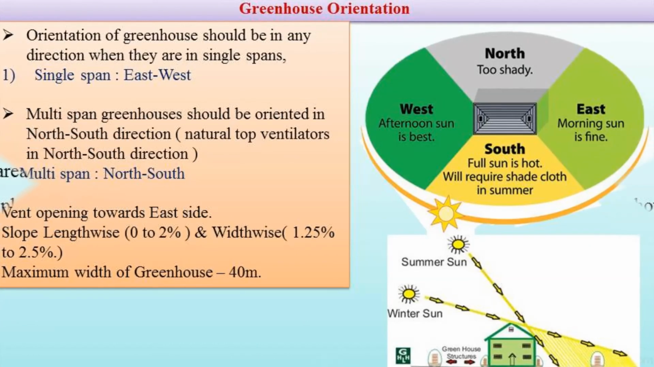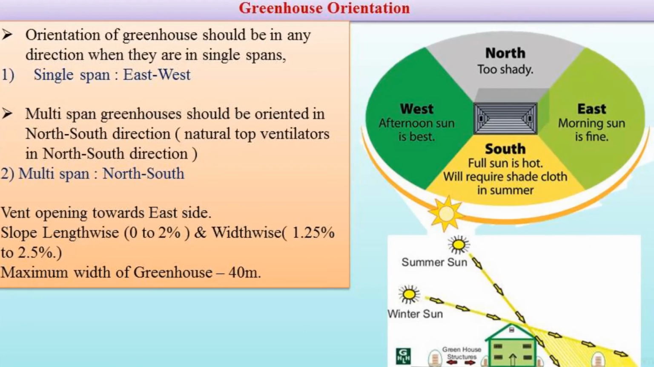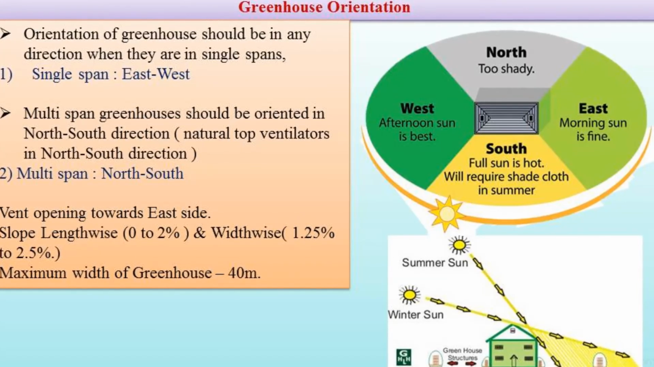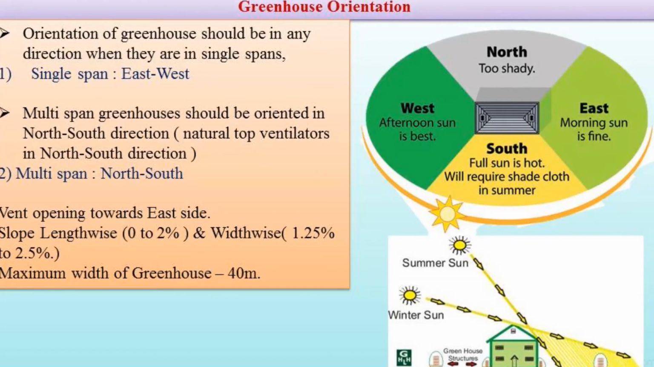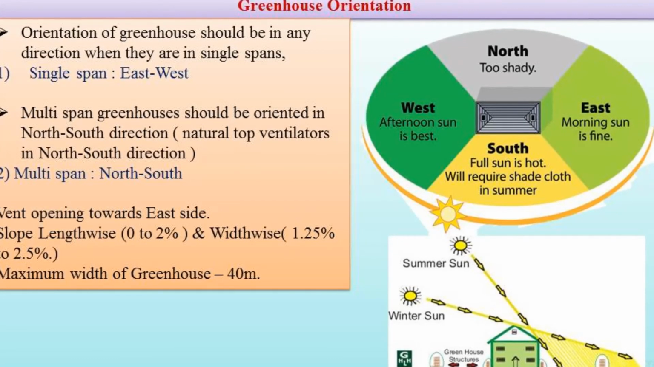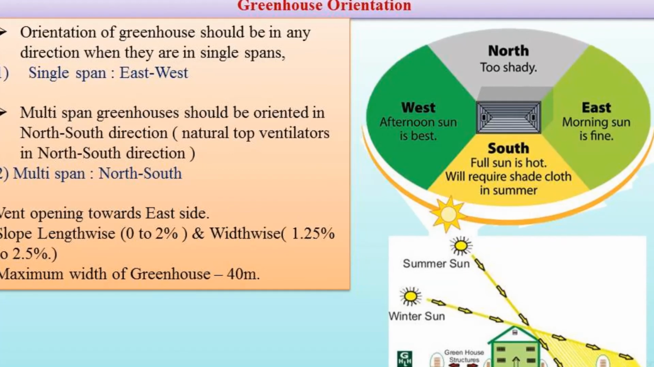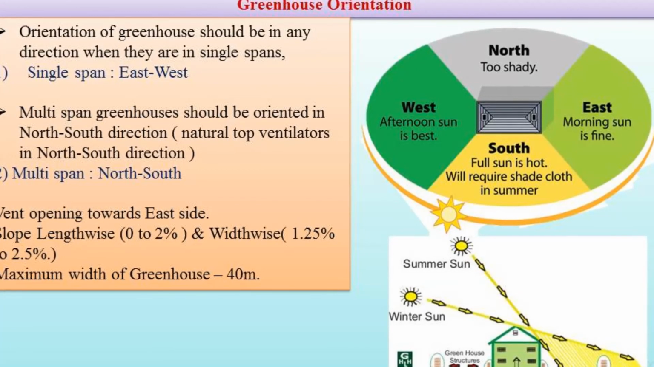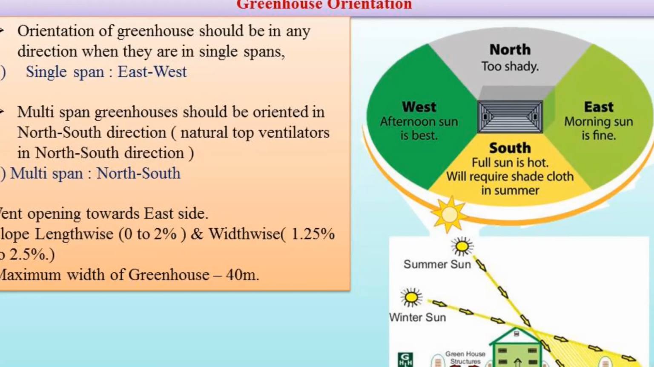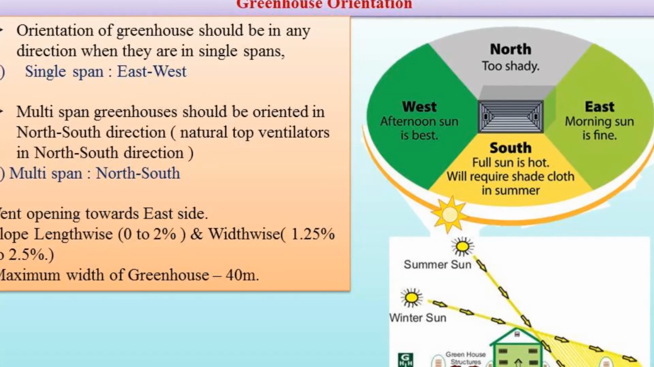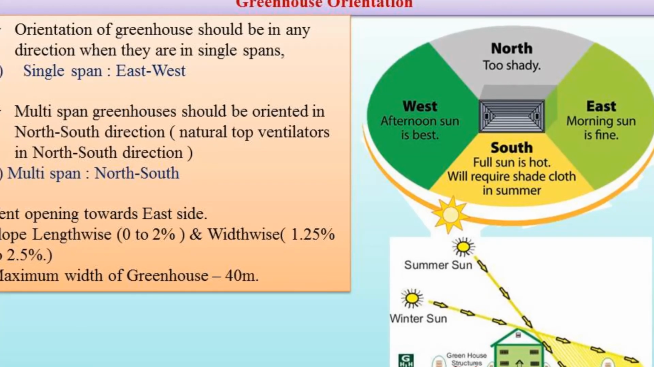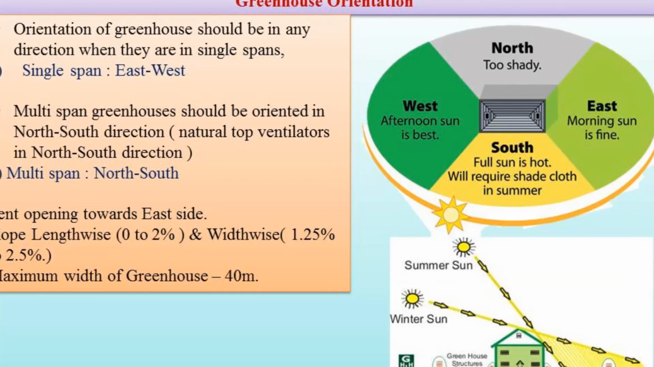Then the next part of this topic is orientation of greenhouse. Orientation of a greenhouse can be in any direction. The orientation of greenhouses is a compromise for wind direction, latitude of location, and type of temperature control inside the polyhouse. There are different types of greenhouse, that is single span type, then multiple span and natural ventilation type of